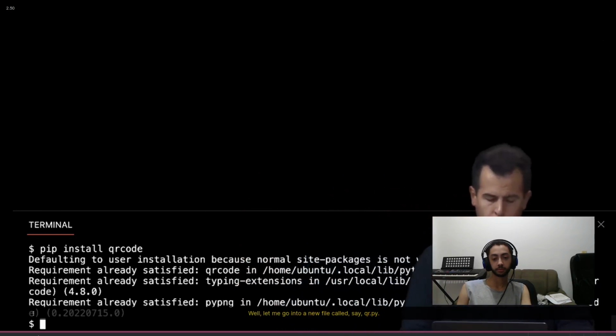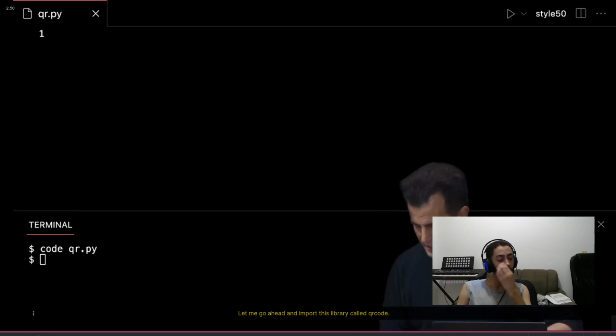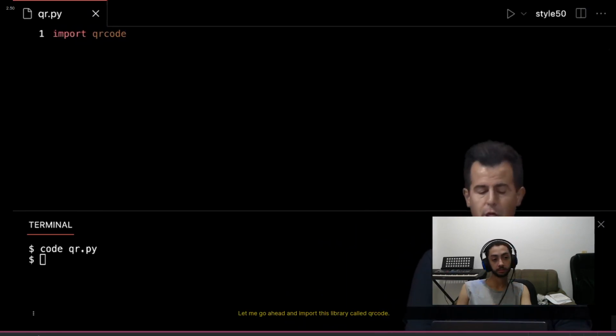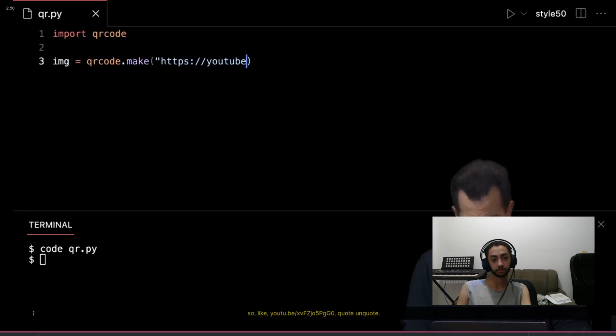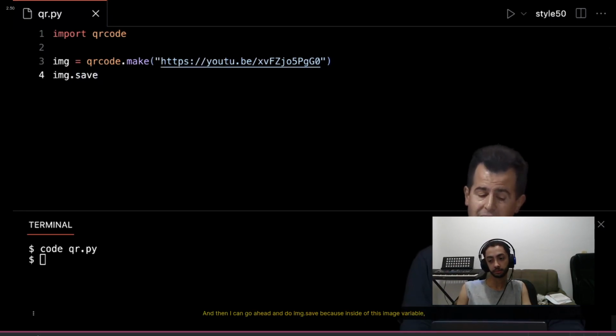So how might I do this? Well, let me go into a new file called say qr.py, and let me do this. Let me go ahead and import this library called qrcode. Let me go ahead and create a variable called image or anything else. Let me set it equal to this library's function called make. No relationship to C, it's just called make because you want to make a QR code. Let me type in maybe the URL of a lecture video here on YouTube. So like YouTube /xvfzjo5pgg0, quote unquote, and then I can go ahead and do image.save